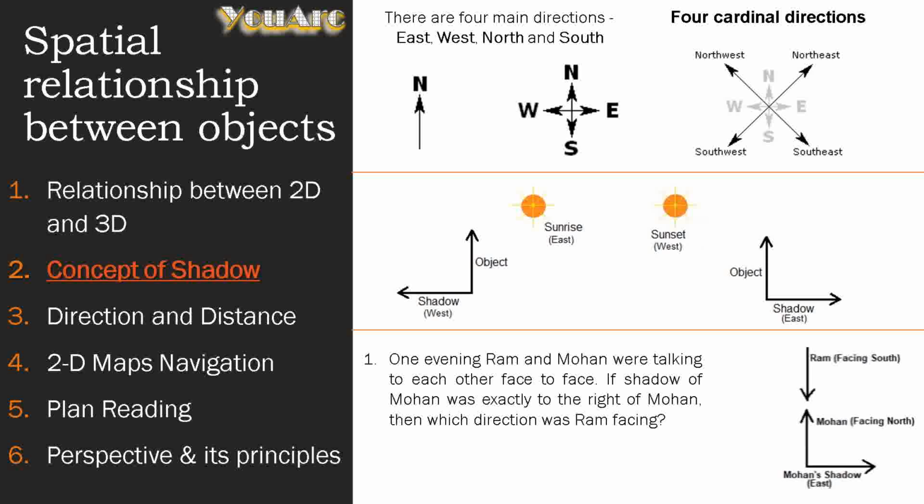So let's see it. Okay, when the sun is on the west, you're facing the north side because the shadow of yours falls on the right side. So Ram is facing the south direction. So this is the answer. Hope you got it. Imagine, you definitely have to imagine yourself as one particular person in that conversation, so that you can easily identify or crack this question. Moving on to the next topic.